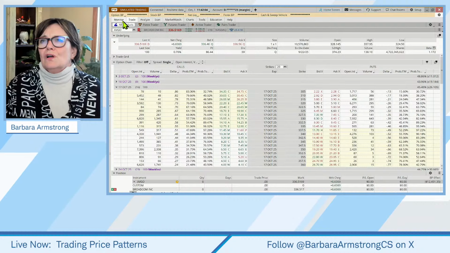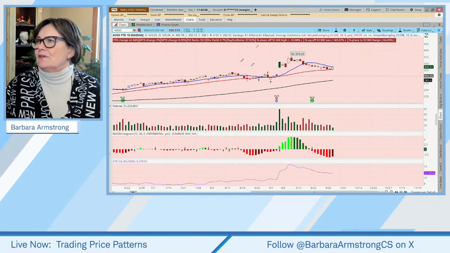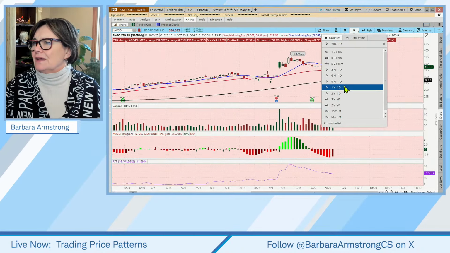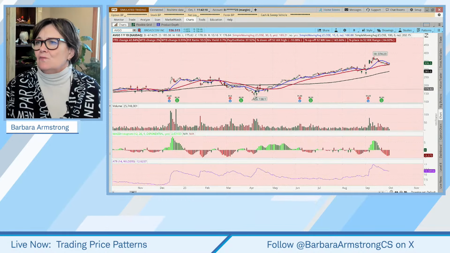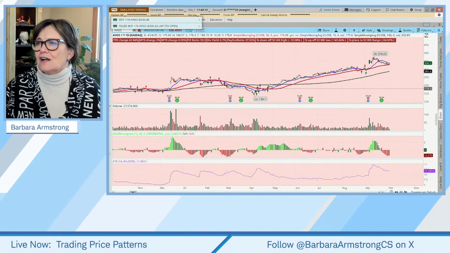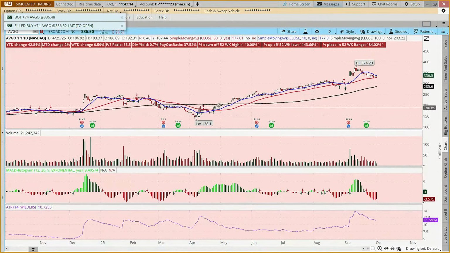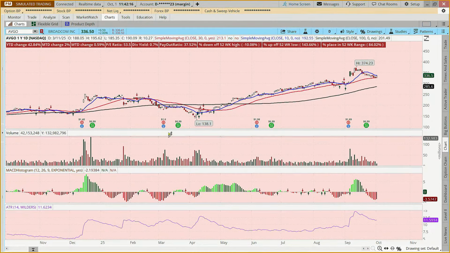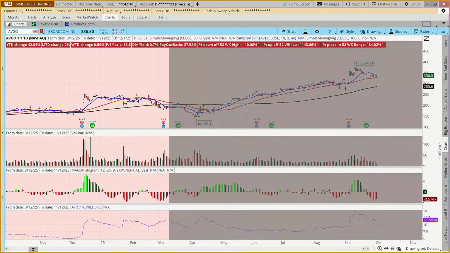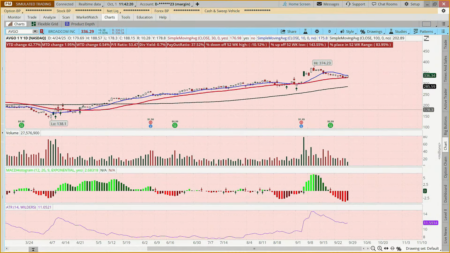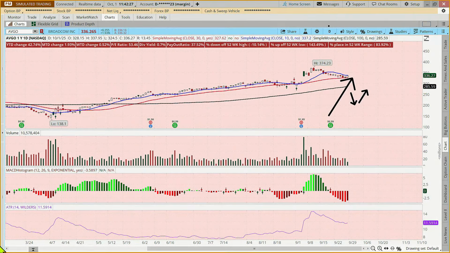Okay, so when we come back to the chart, and we've got to wrap up, so I'm going to make this quick, but let's say we had bought back here when it crossed this 30-day moving average and came back to retest. Okay, let's say we'd bought here. Our first stop might have been, let me just shake my Etch-a-Sketch. So first stop might have been, say, around here.